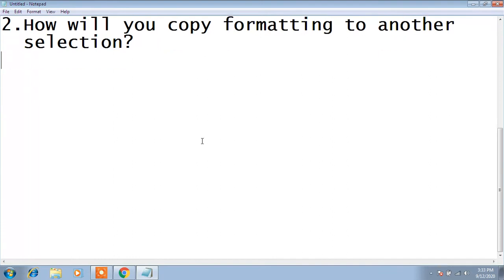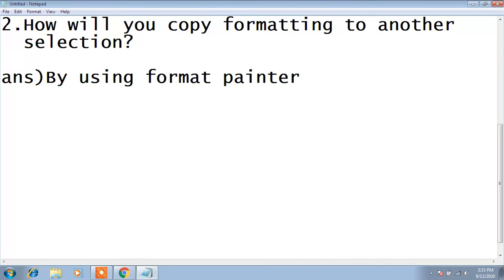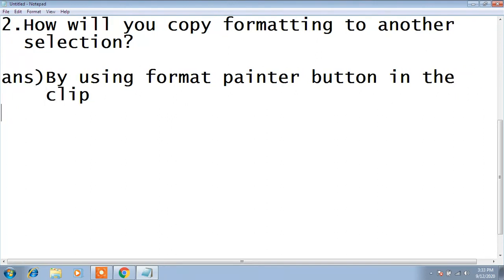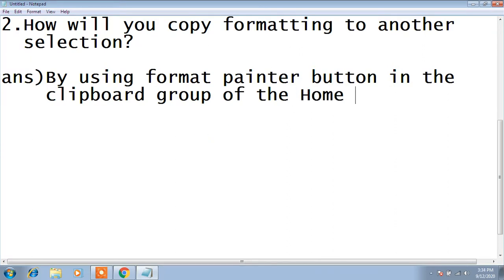The answer to this question is: by using the format painter button in the clipboard group of the Home tab. This is the answer. Now the third question is